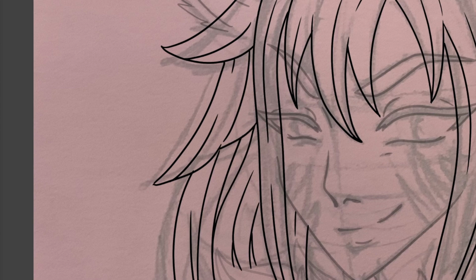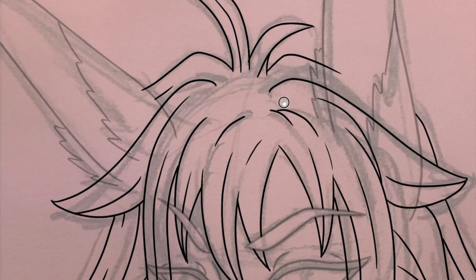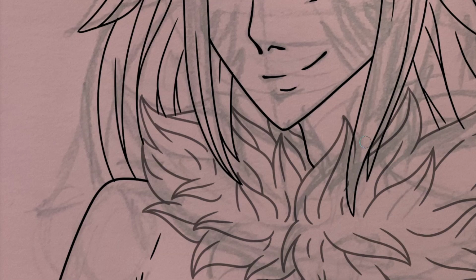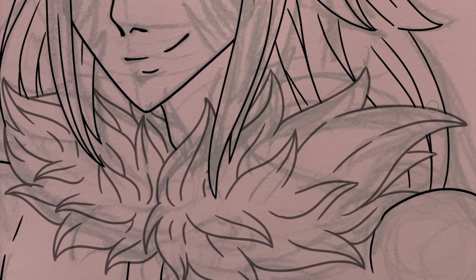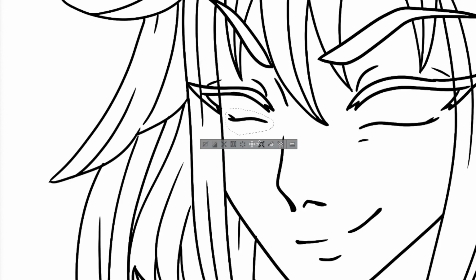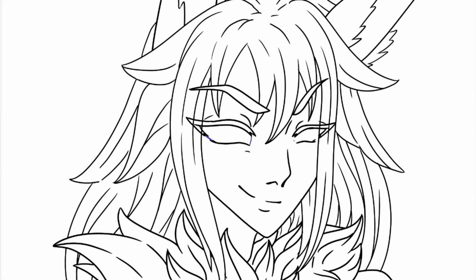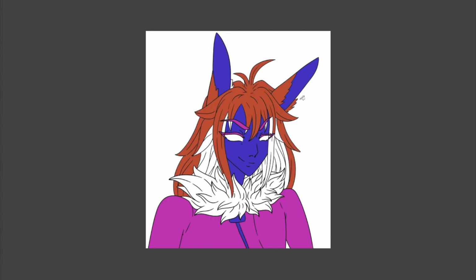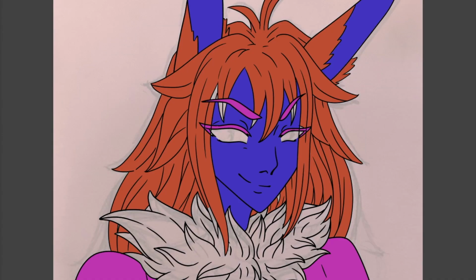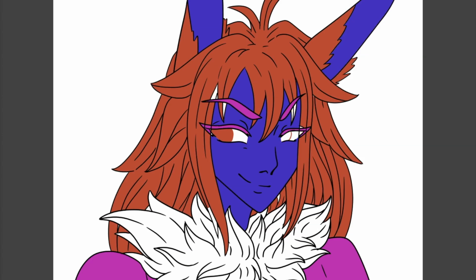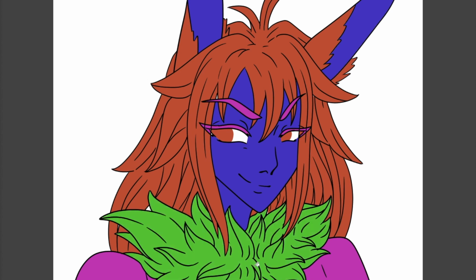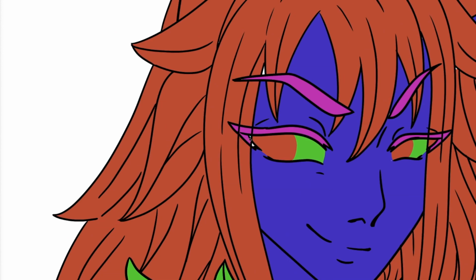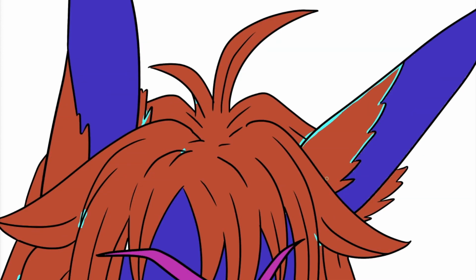So the last two types are the "I'm a pro artist and I need the base for adopts, because I don't want to draw the same pose 10 times" and the "I don't feel like redrawing this because it just takes too much time". Simply put, these people are good artists. They want to save time and energy. You can sometimes see this in adopt badges, where every character has the same pose. Or in comics, when people stand in the exact same way in the next panel. I won't talk about them in this video, because I think they perfectly know what they do. They often create the base they use by themselves.